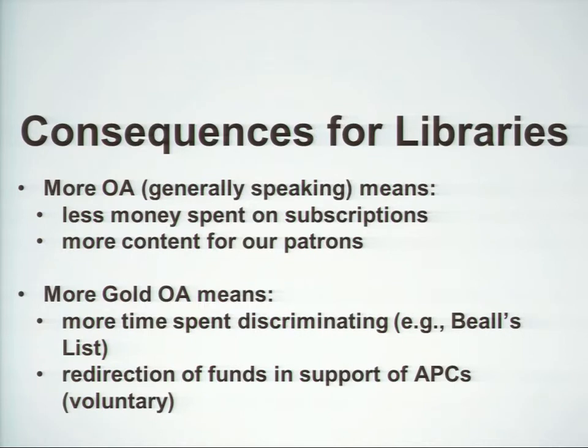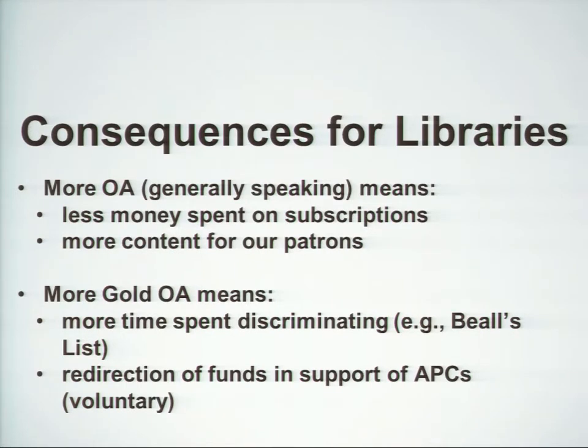Consequences for libraries specifically under each of these OA models. Under an OA model, libraries are going to spend more time discriminating. Well, I'm sorry, more OA in general for libraries is fine. It means less money spent on subscriptions and more content for our patrons. But more gold OA in particular means that libraries and their patrons end up having to spend more time discriminating, because again, any system that provides publishers with less incentive to discriminate up front is one that's going to tend to result